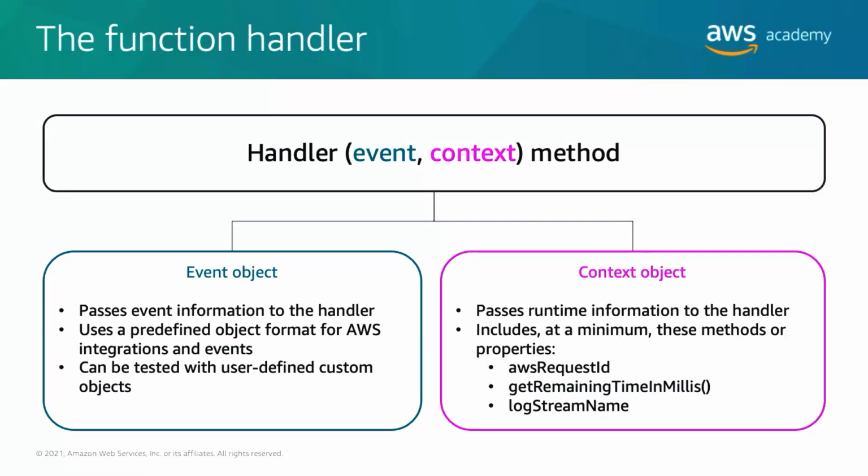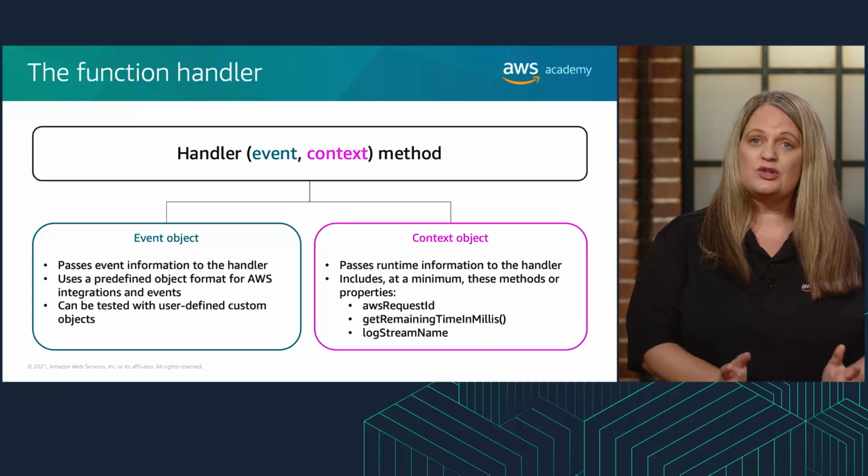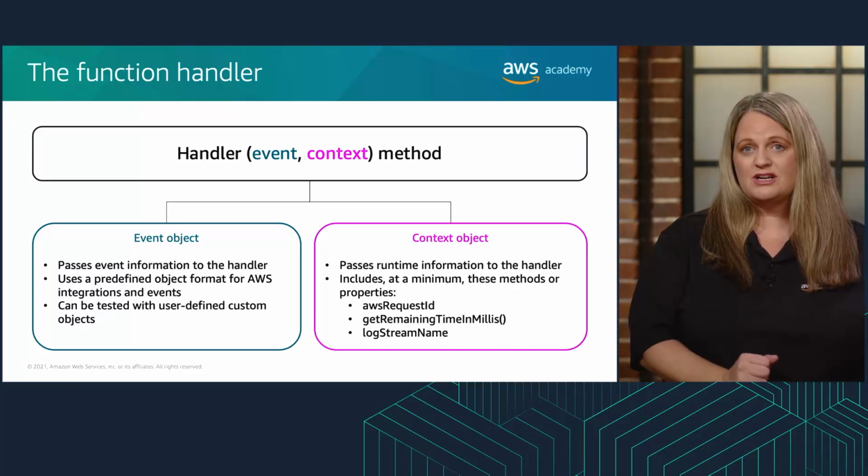The handler method always takes two objects, the event object and the context object. The event object provides information about the event that invoked the Lambda function. This information could be a predefined object that an AWS service generates, or it could be a custom user-defined object. A user-defined object could be a serializable string, such as plain old Java object, also called POJO, or a JSON stream. The contents of the event object include all the data and metadata that your Lambda function needs to drive